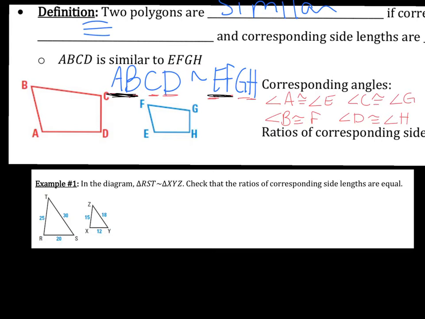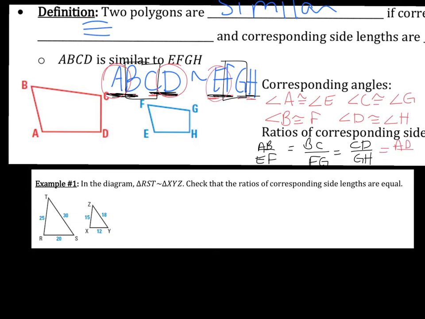So that means that the ratio of AB to EF should equal the ratio of the other corresponding sides. So AB over EF. And then we have BC and FG, so BC over FG. And then we have CD and GH, so CD over GH. And lastly, we have AD